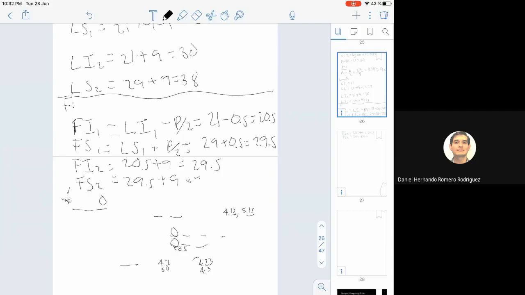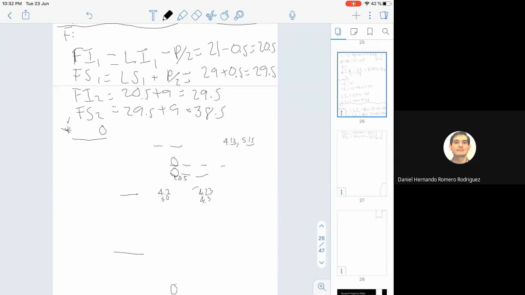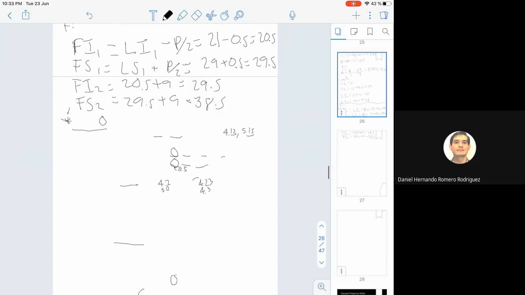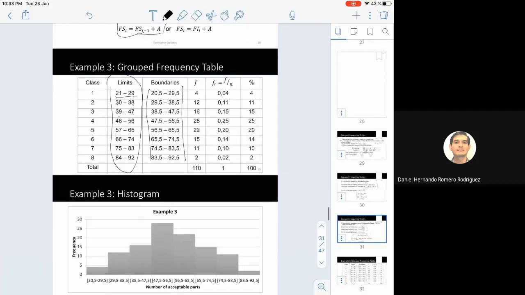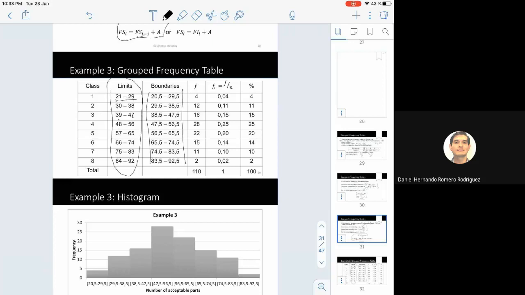That's the 38.5. So we keep going using the same equation to compute the boundaries for the third class, for the fourth one, up to the last one. It's just the previous lower boundary plus the amplitude and the previous upper boundary plus the amplitude. So if we check the table, it's like this. For the first one, the boundaries are 20.5 and 29.5. For the second one, 29.5